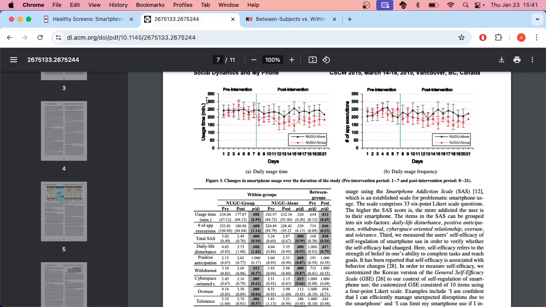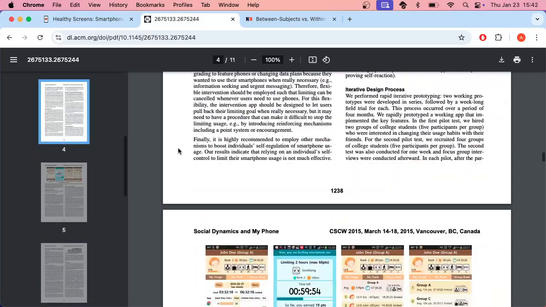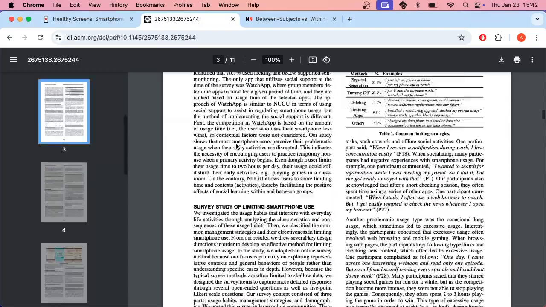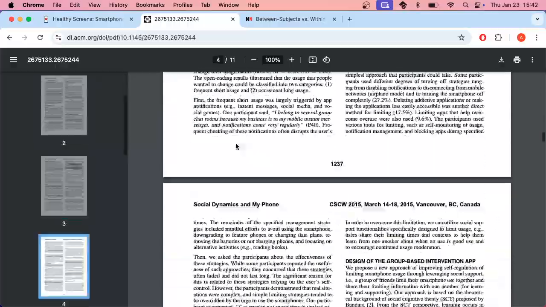Then you give the intervention to the user, and after 2 weeks of usage, you ask your users to refill the questionnaire, and you see if there is a difference. So here, for example, in this paper, they evaluated this Nugu app, which is a digital self-control tool to improve self-regulation of limiting smartphone use, specifically for students, if I remember correctly. But anyway,